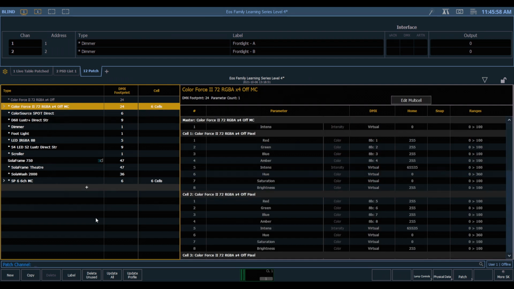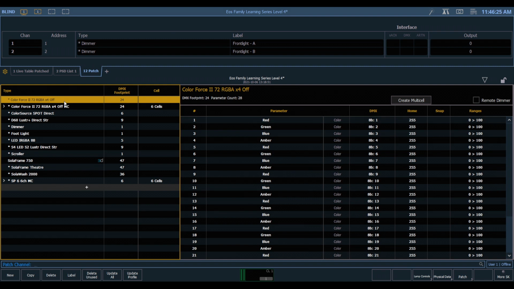I'm also able to remove unused profiles from my library. If you have a base show file or a show file you use over and over, it's possible to accumulate a lot of fixture types from previous shows into the library. We can delete those one at a time. So if I select a grayed out fixture, I now have a delete soft key down at the bottom that I can use. Or if I have a lot of them, I can use the delete unused soft key, which will remove all of those in the show file. This is a good way to clean up your show file if you're sure that you won't need to use these profiles again.